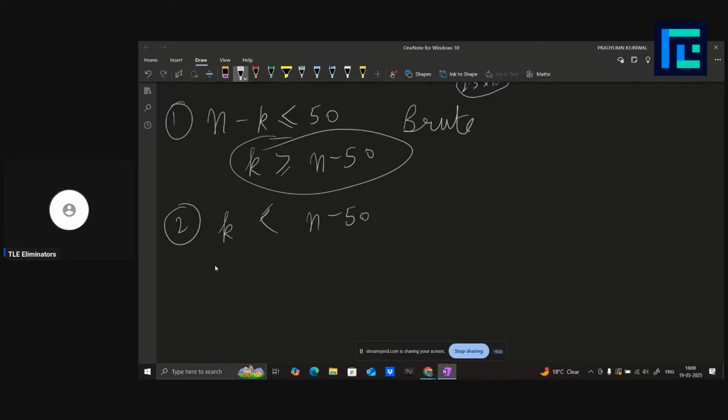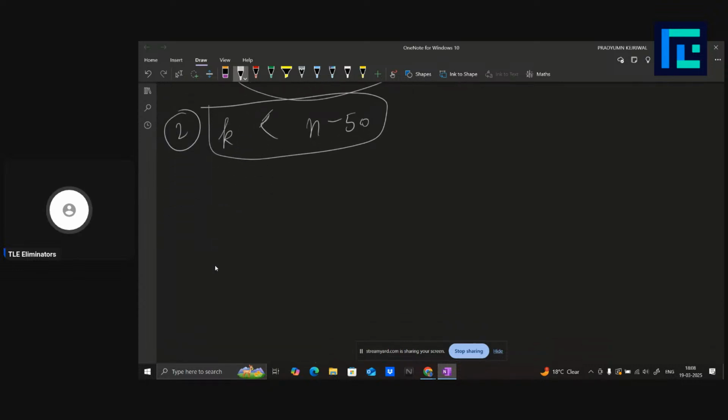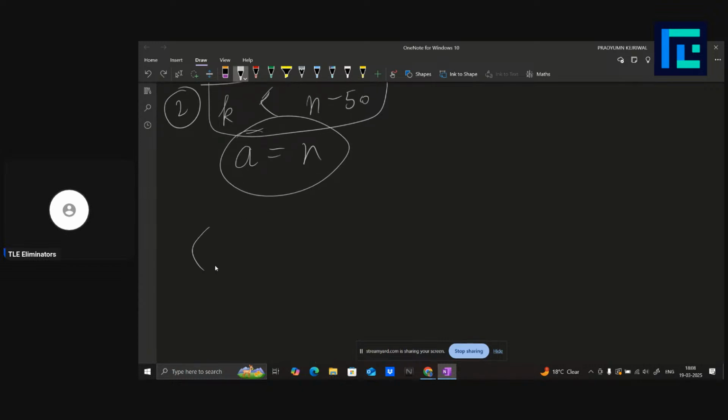But for the second case, what I did, at least, was just choose a as n. Okay, like I just chose a as n. We know that k is less than n minus 50, right? We want the gap between a and b to be at least k, right? So if I choose a as n and I want this gap to be at least k, and I know that k is less than n minus 50,